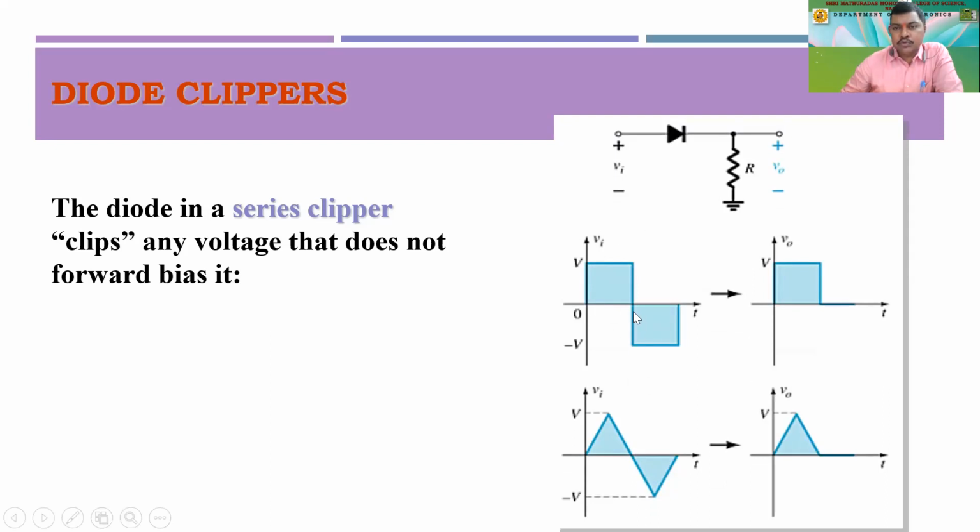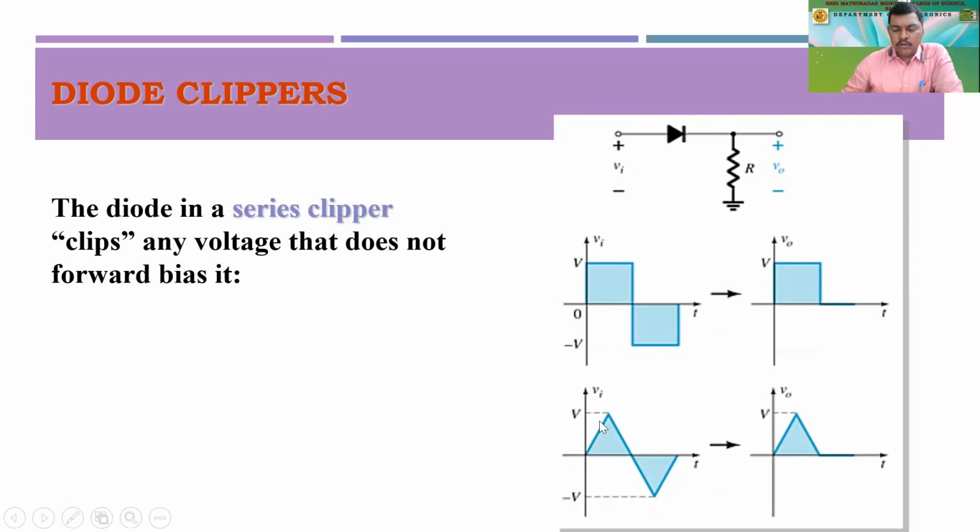Now here we are supposed to see the square wave, right? So this we call a square wave. Now this square wave is in both directions, in the positive half as well as the negative half, right? So if you connect a diode like this, then only the positive square wave will appear across this load resistance RL. Otherwise, the negative half will be clipped.